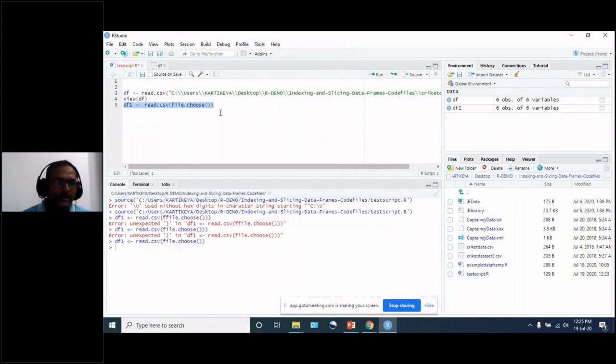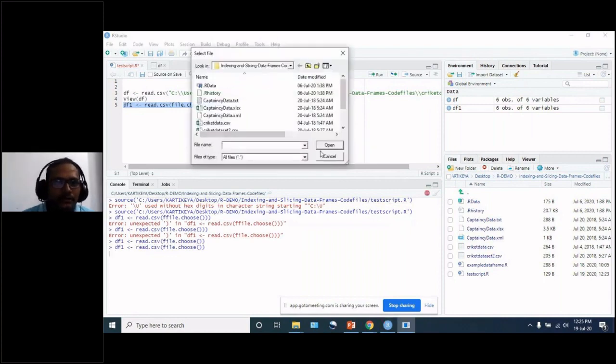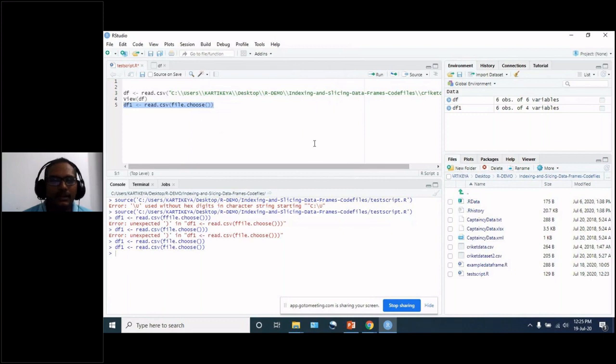Suppose I am running this particular instruction, run once again. Suppose I want to choose a different data set, I can choose a different data set, open. Okay, now df1 values are changed. Now see what the contents of this particular data frame are.